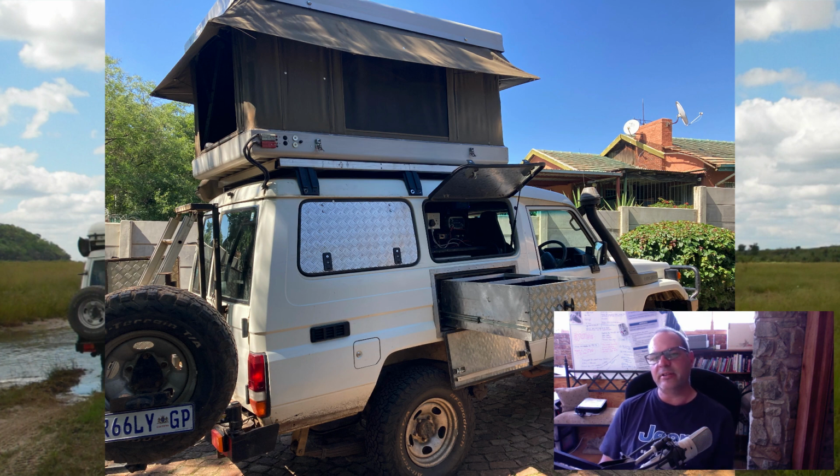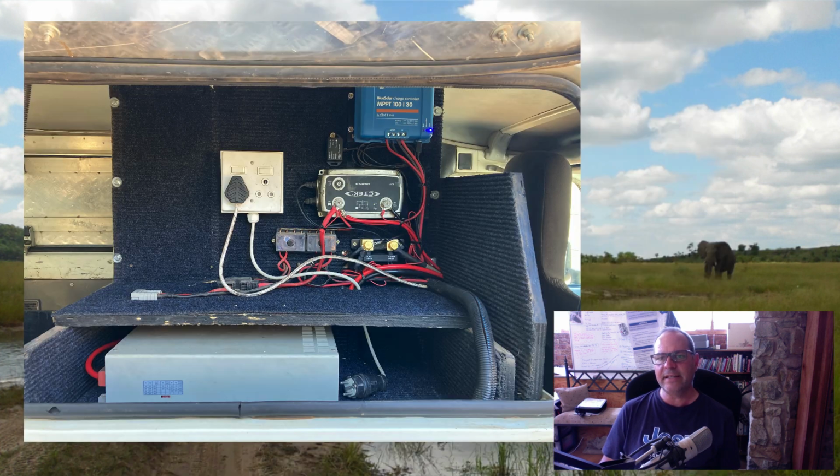The hatch that opens in the front, that's where all the electrical stuff is, and underneath that there's a drawer system where I pack my clothes and stuff normally. The electrical system is at the moment a 105 lead acid battery. There's space for another one. If you want to add another one, you can have 2 lead acid batteries, but it has a 30 amp